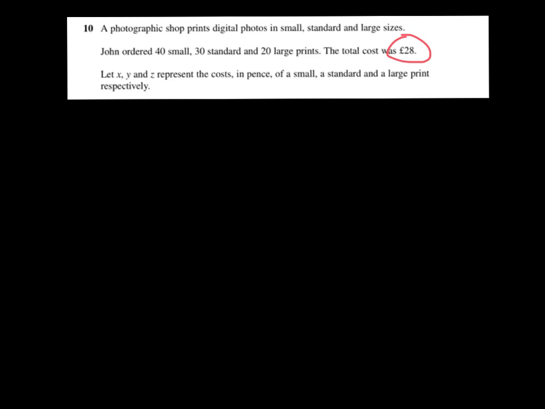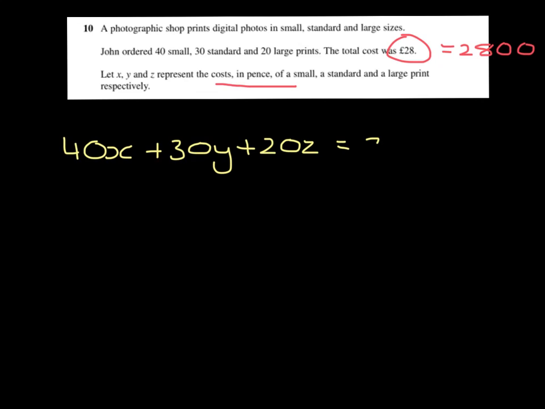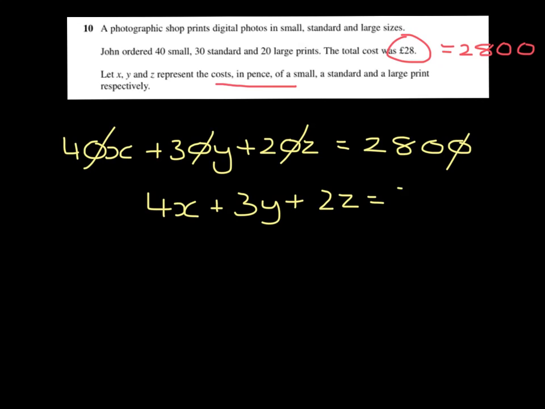The total cost is £28. However, X, Y and Z are working in pence. It's much easier to convert the £28 into pence, so that is 2,800, than to try and convert the algebra into pounds. So 40 small, 40x, 30 standard, 30y, 20 large, 20z has to equal 2,800. I'm going to divide every term by 10, which leaves me with 4x plus 3y plus 2z equals 280